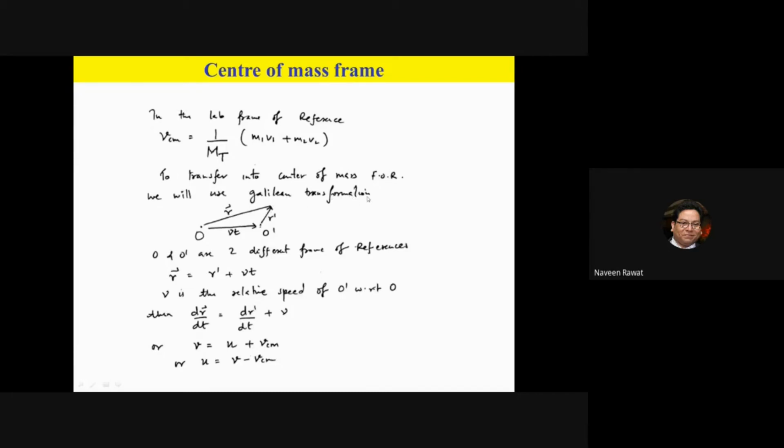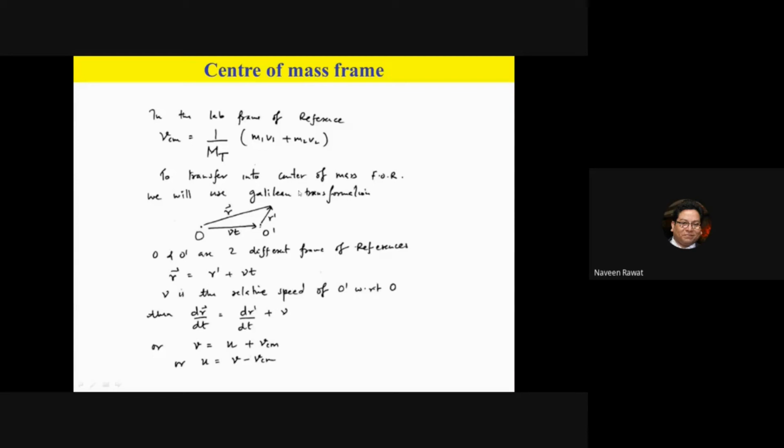You might have done a lot of problems like these without talking about Galilean transformation at your school level, where questions are asked like: if a person is traveling in a train at 100 kilometers per hour and approaching a station, and the person in the station sees an opposite train going 20 kilometers per hour, when will the two trains meet? Such questions are all done using Galilean transformations actually.